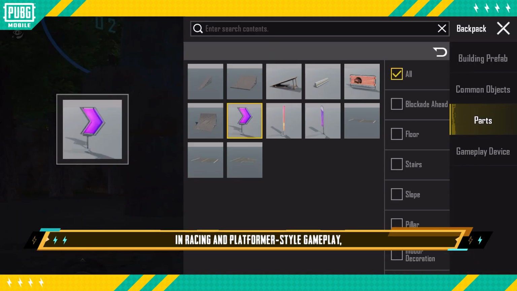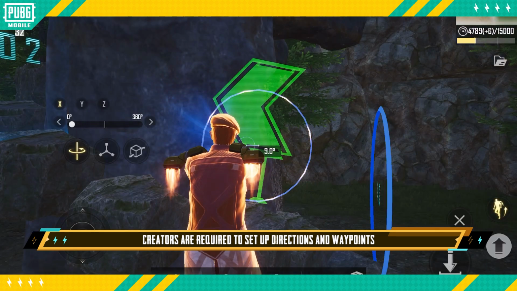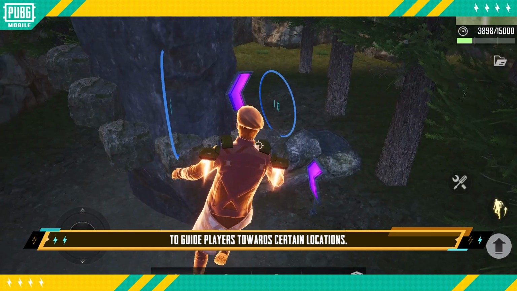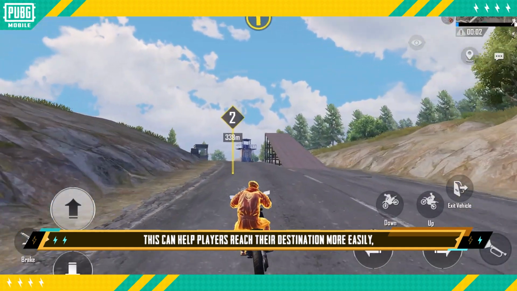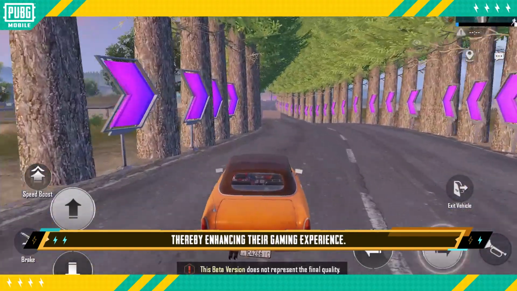5. Clear game instructions. In racing and platformer style gameplay, creators are required to set up directions and waypoints to guide players towards certain locations. This can help players reach their destination more easily by reducing the time needed to find the way, thereby